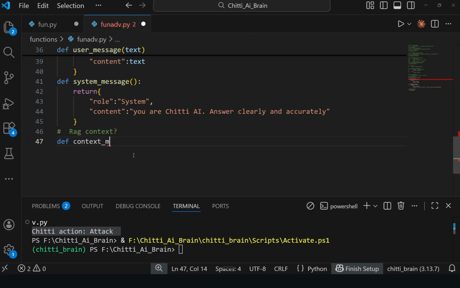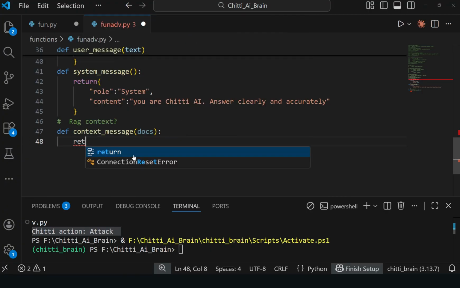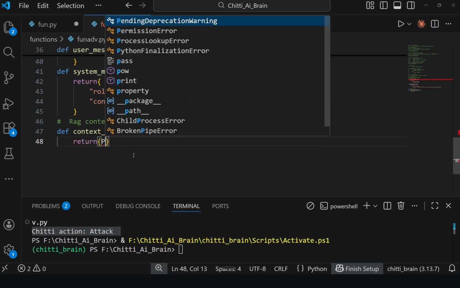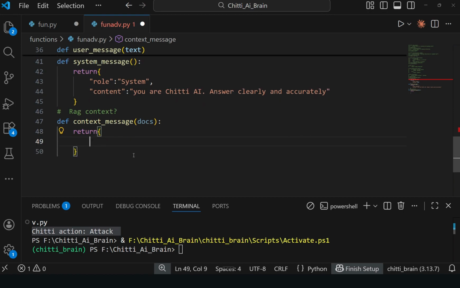Context message, docs from the document it is reading. Return, what will it return? Same like the role, it should return some reply, right?